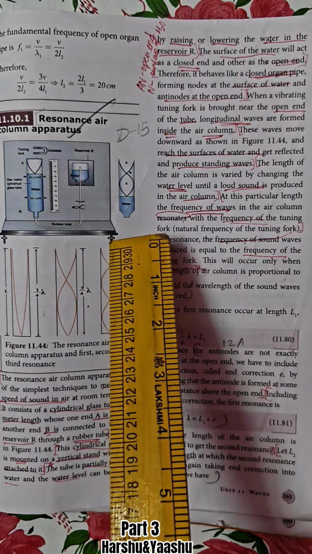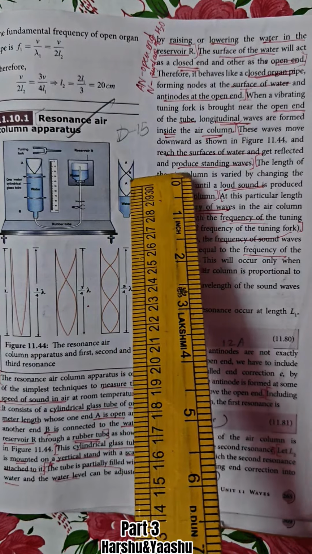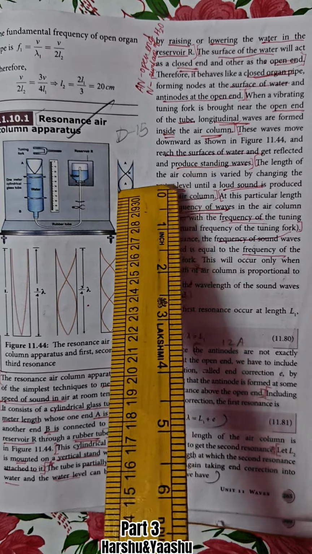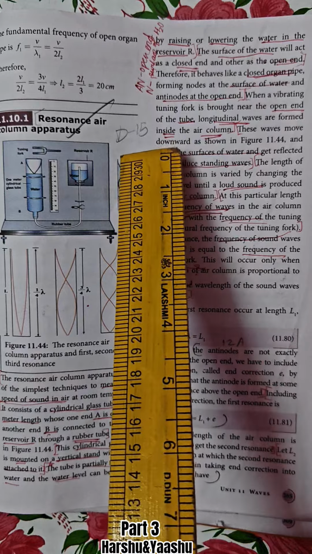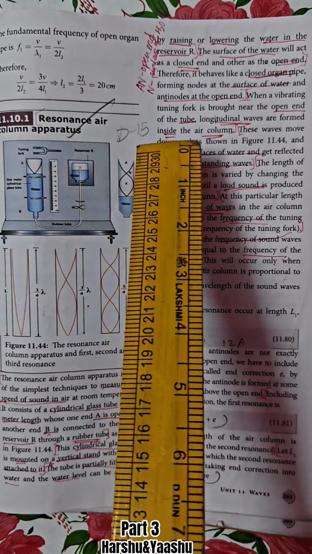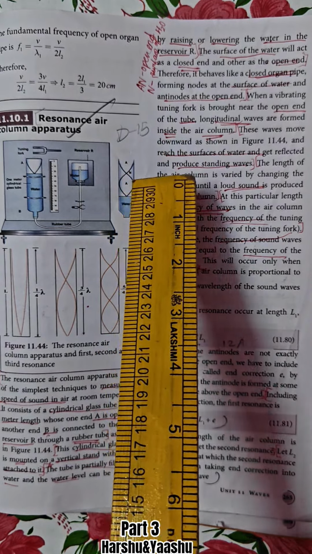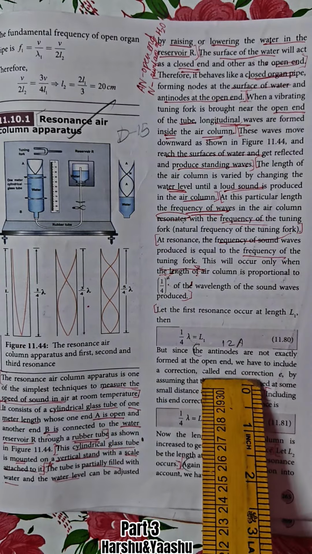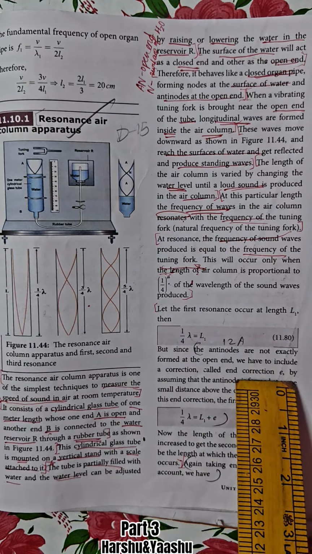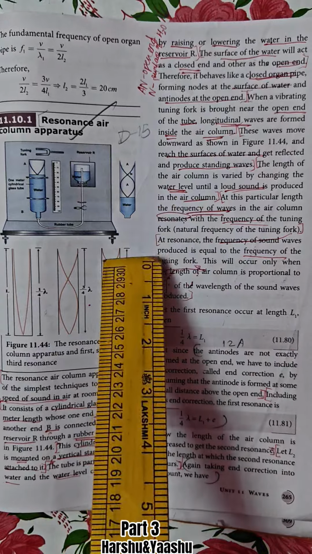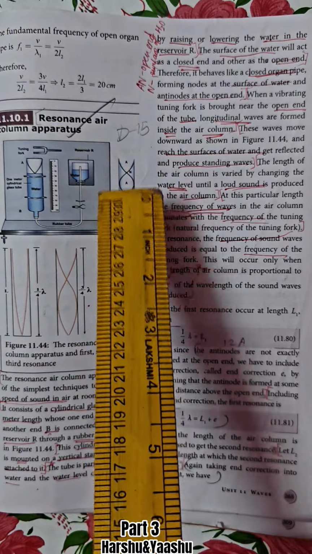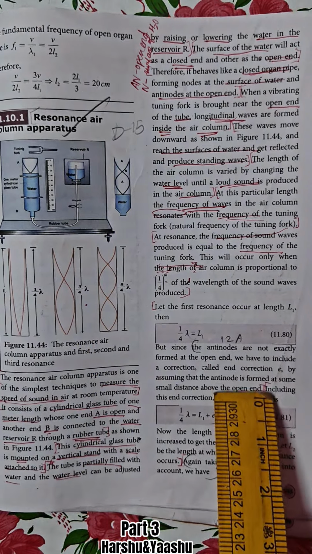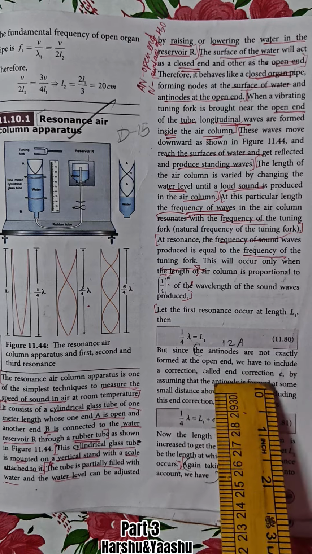You can view this here clearly. See, the antinodes are not perfectly in the open end. Some antinodes are there, but some are in the middle. So we can just consider it as the end correction. So there is some error, right? So to do it correctly, we should add an end correction. So we have to include end correction.